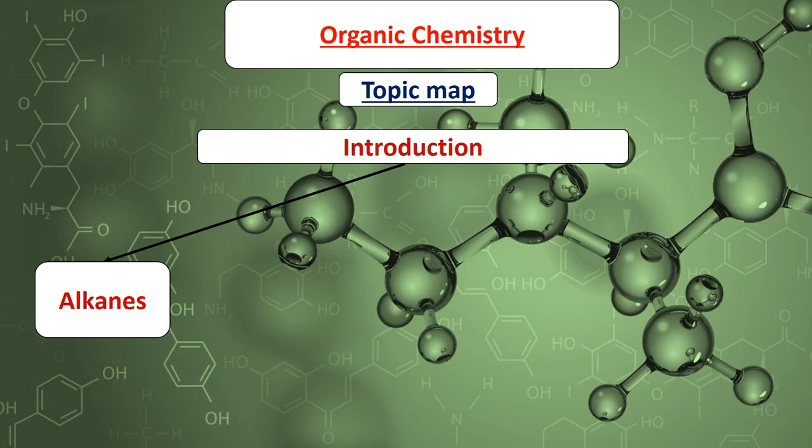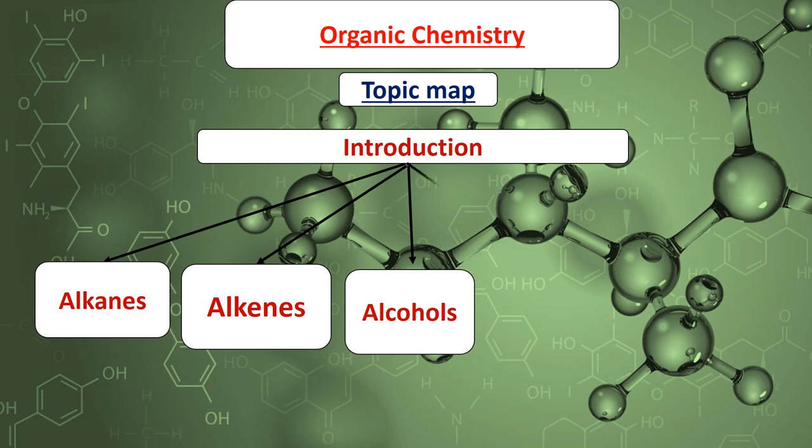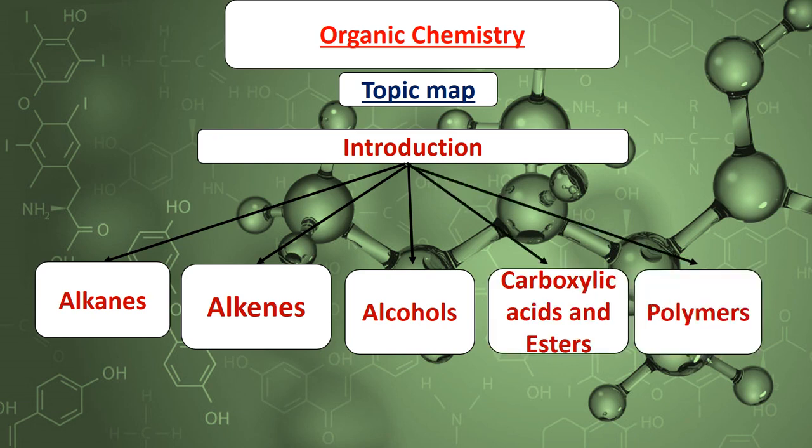So remember, for family in this topic, we're going to be using the word homologous series. You understand what that means. Once we get done with this homologous series, we're going to move to the next homologous series, which is called alkenes. Then we'll proceed to alcohols, carboxylic acids and esters, and then we'll end with polymers. So in this specific video, where we're going to do alkanes,